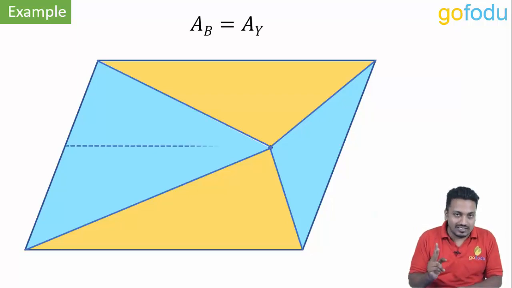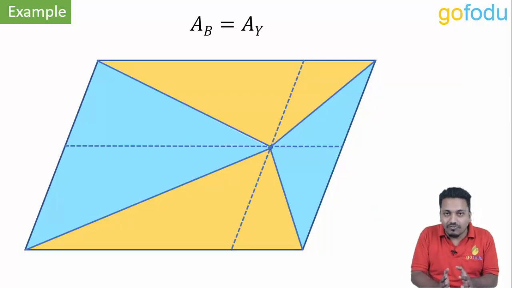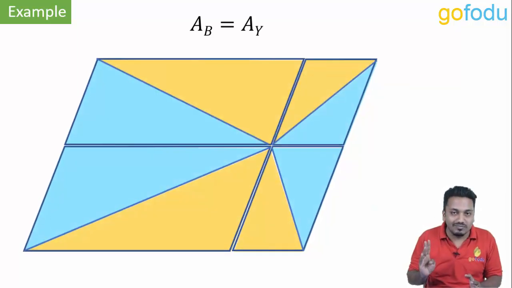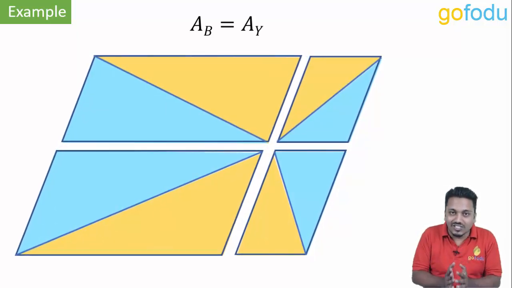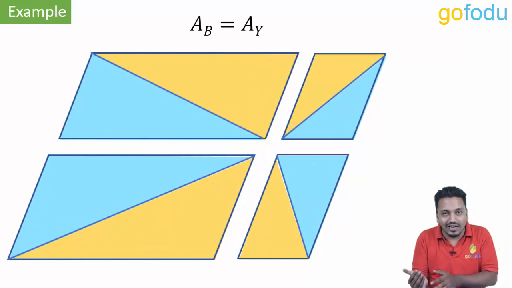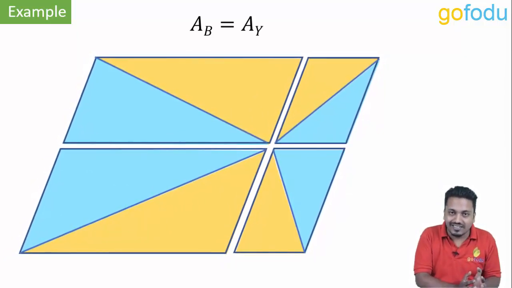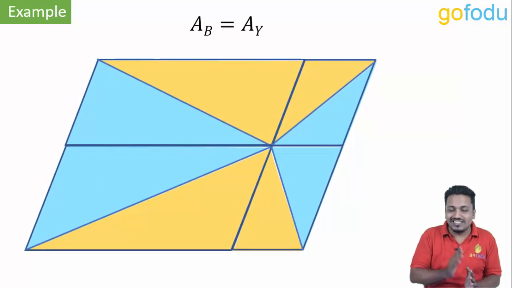If we make 2 cuts parallel to the sides and passing through the initial point, then we can cut the original figure into 4 smaller parallelograms. In each of these 4 figures, blue area is equal to yellow, as these areas are separated by diagonals, right? So overall, blue area is equal to yellow area.